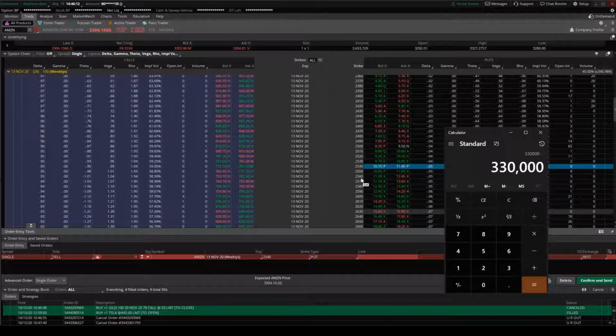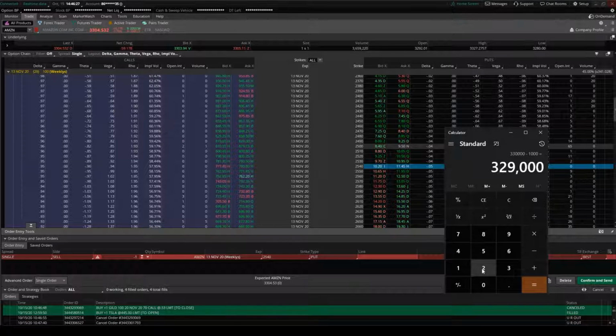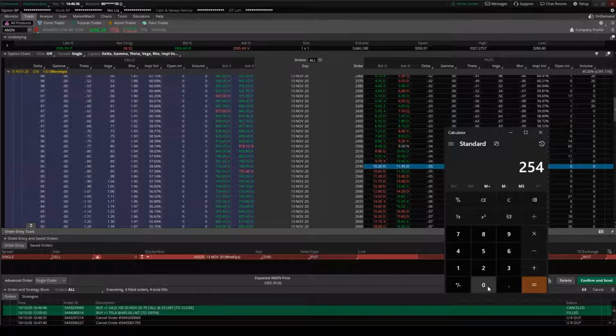But we're going to pick this thing up at 2,500. So let's go ahead and just subtract 1,000, right? So there's our break even if it just stayed where it's at right now. We're picking this up for the 2,500 mark, so we're making 1,000. So if it drops down to this, actually times 100, sorry,